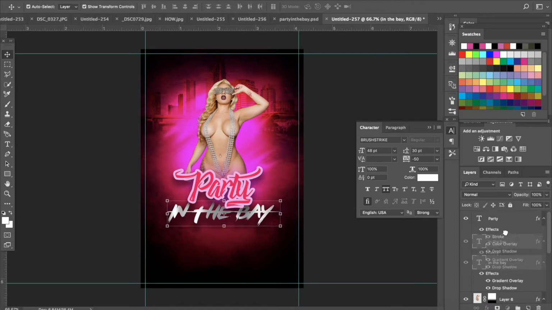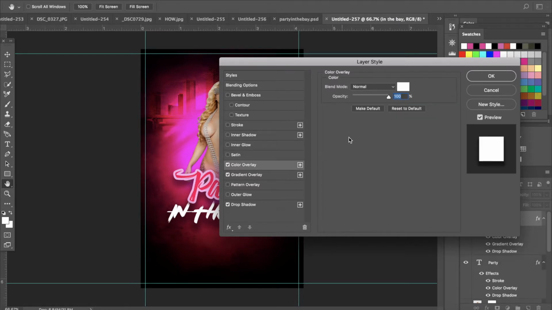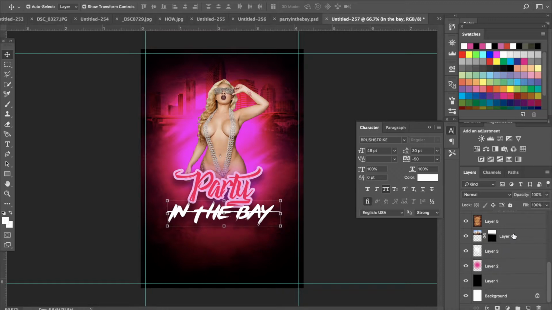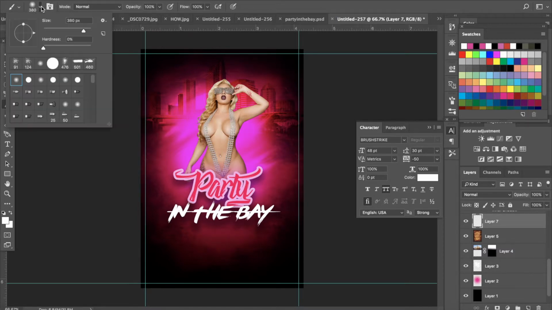So I'm actually going to take in the Bay and put this back over that. And I'm going to add a stroke to this. Actually, I'm going to just make that all white. Now, this is the basic format on how you get a flyer kind of going. I'm not really too fond of how the background is all the way. I want more to it. So what I'm going to do now is add another layer, go back to my paintbrush,